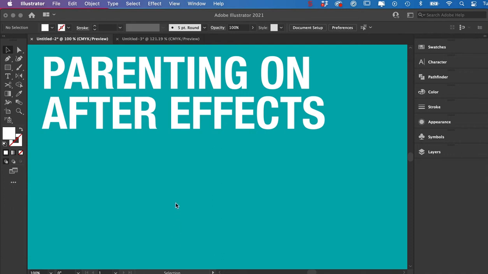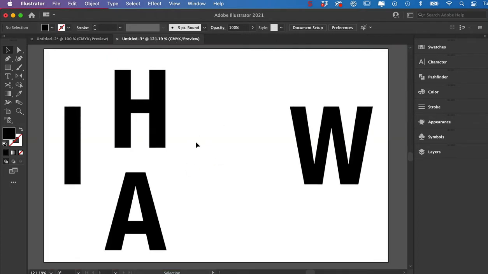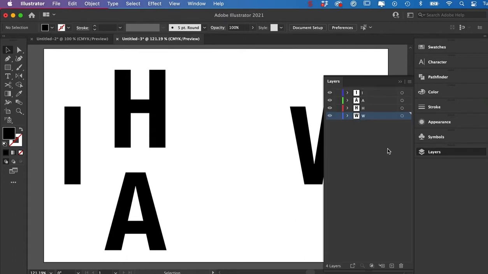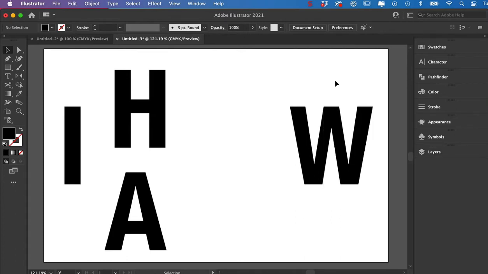This tutorial is a quick tutorial on parenting in After Effects. So if I jump to my page in Illustrator, I've got the word fire, which basically means chase or to follow. So I've set it up like this. The first thing to notice is that everything is on its own individual layer. If I want it to come up as an individual timeline, I need to have it on its own layer